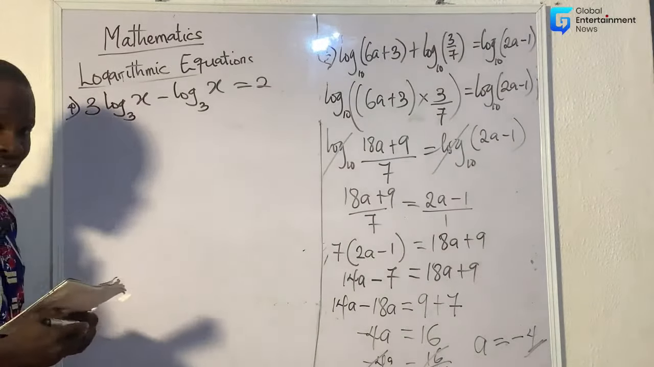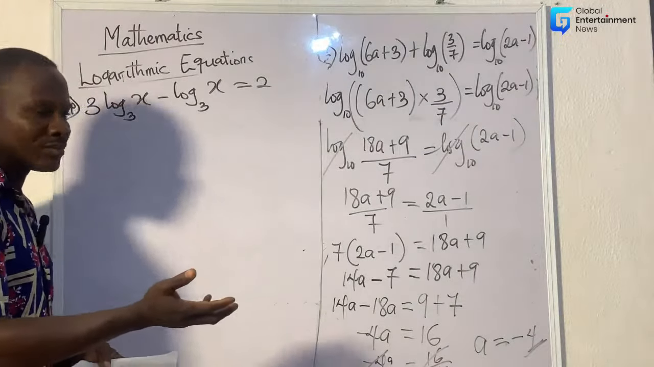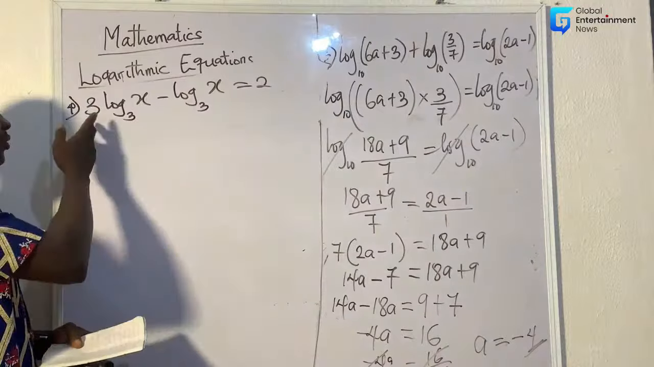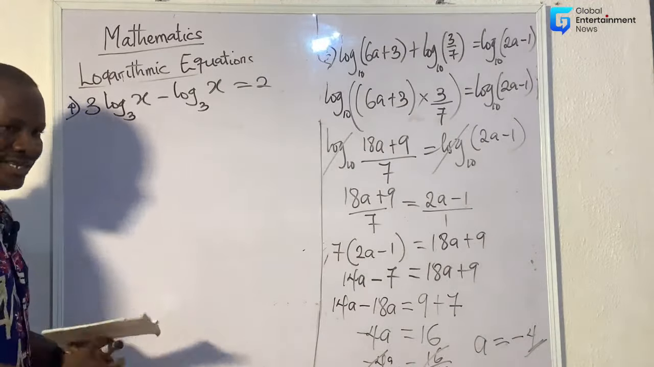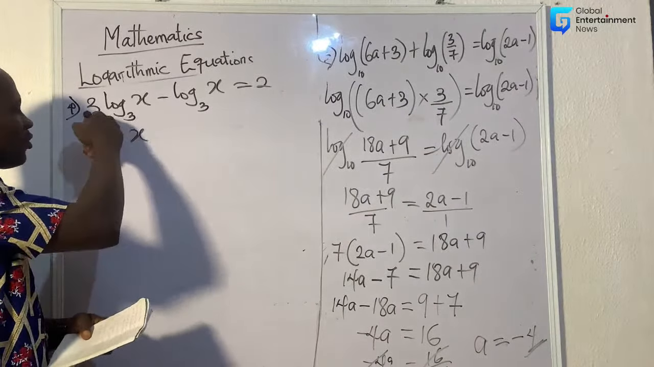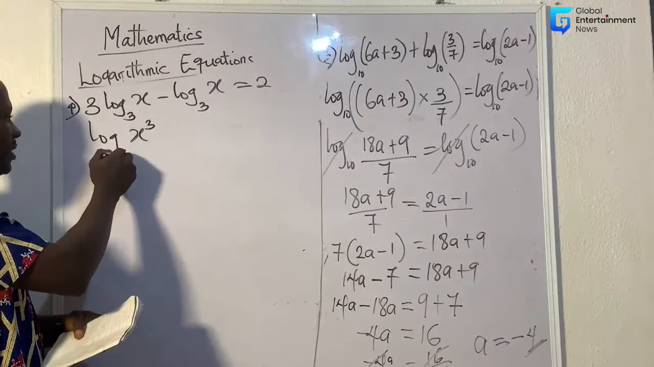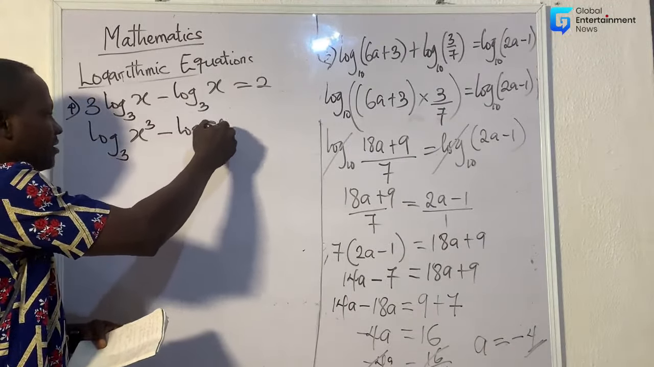Before we change it, remember, we have a number before the log to base 3. So we carry the number and make it the index of the x. And this one will give me log x raised to power 3, base 3, minus log x base 3